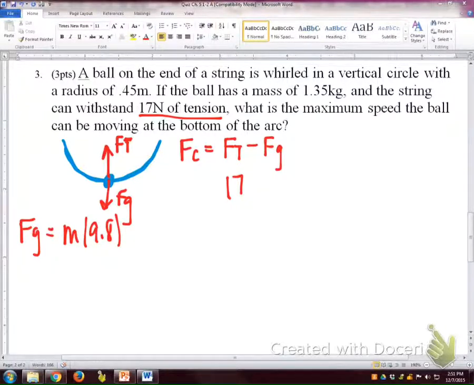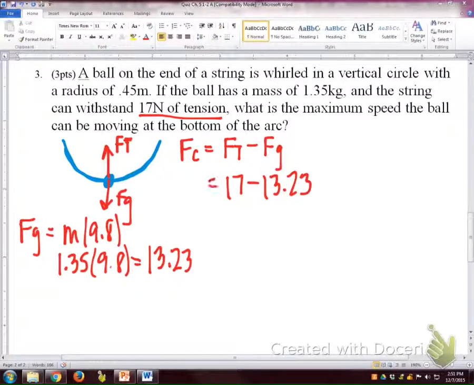So we can take that mass of 1.35 times 9.8, and we get 13.23. Then I'm going to do that subtraction, which means our centripetal force is equal to 3.77